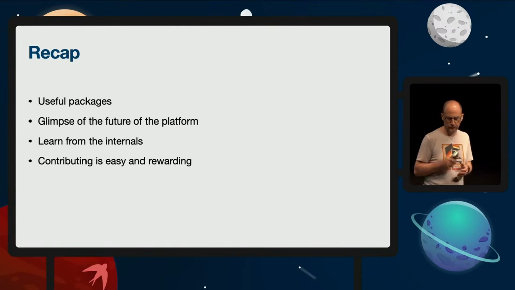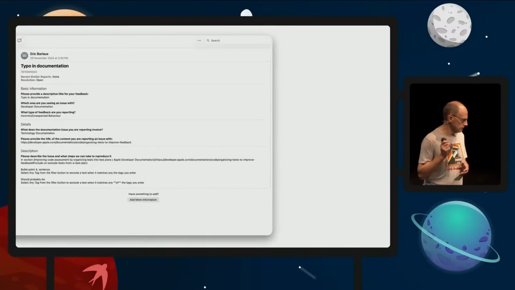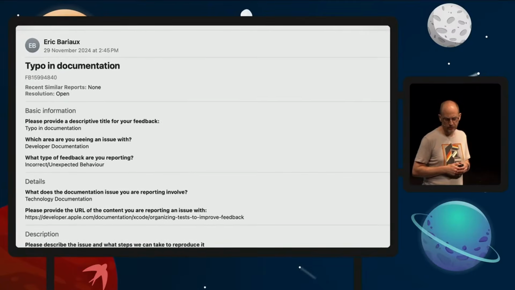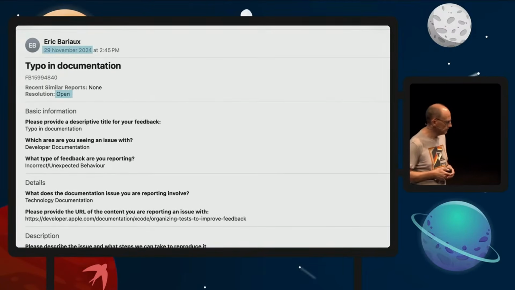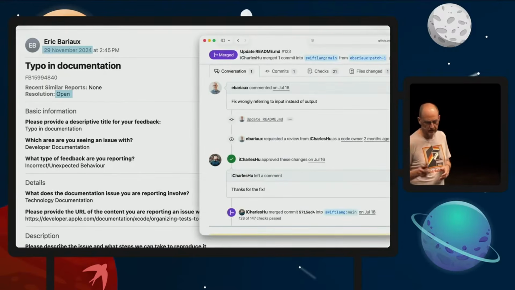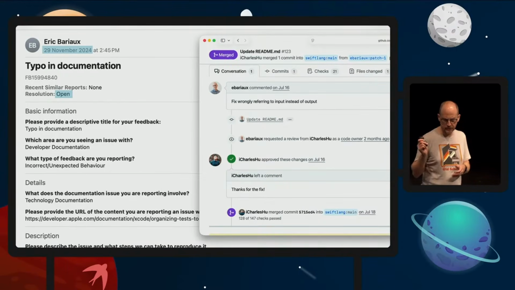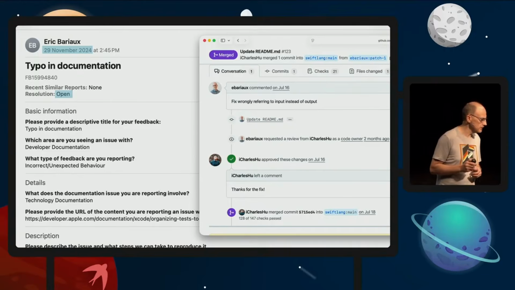I have a few PRs that got merged that were just a few bytes long. Also, asking questions and reporting a bug is very much appreciated. And if you reported issues to Apple in the past with Feedback Assistant, well, it can be frustrating. It's a bit of shouting into the void. I had a very different feeling here. This one was approved the same day, merged two days later. So for me, it gives a closer connection to Apple engineers, and it gives back a bit of humanity to Apple, which I find lacking a bit these days.